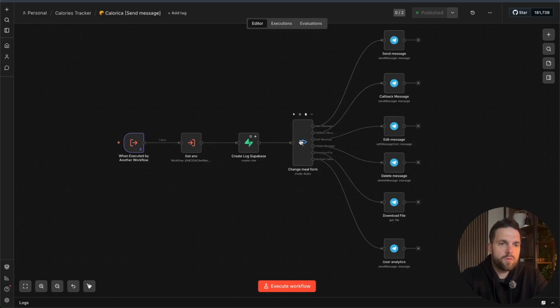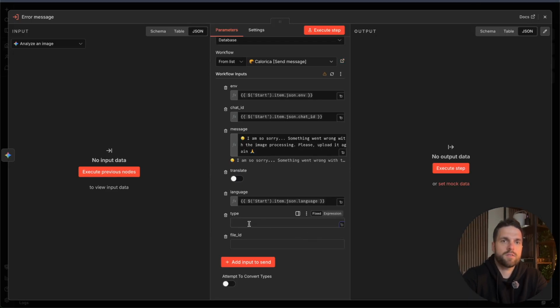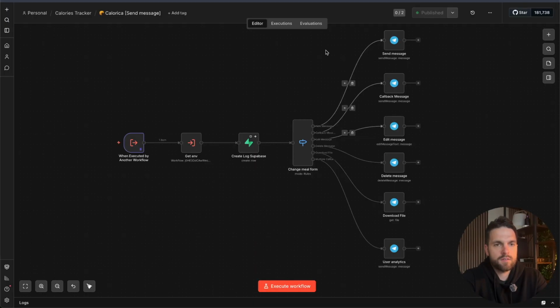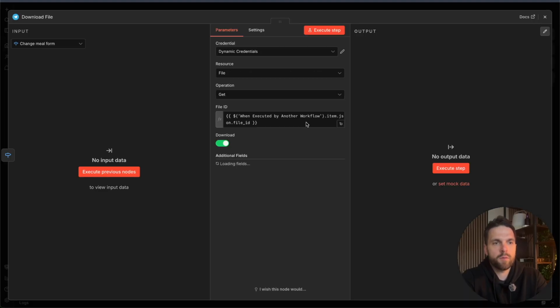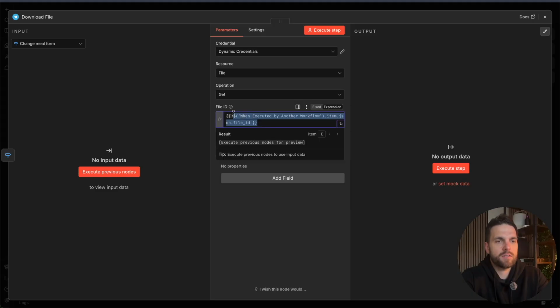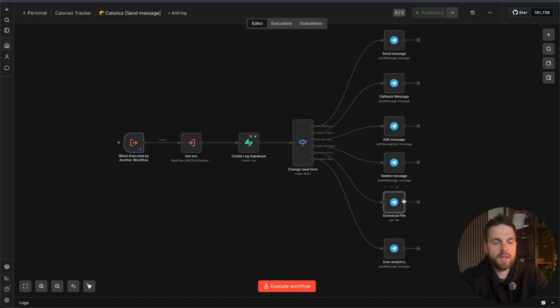So with a simple switch node and different types of messages that can be called here, for example, I can say download file and then put a file ID here, and this exact subworkflow will output me a file from Telegram, you see, because it simply receives this file ID from the parent workflow, and that's it. So